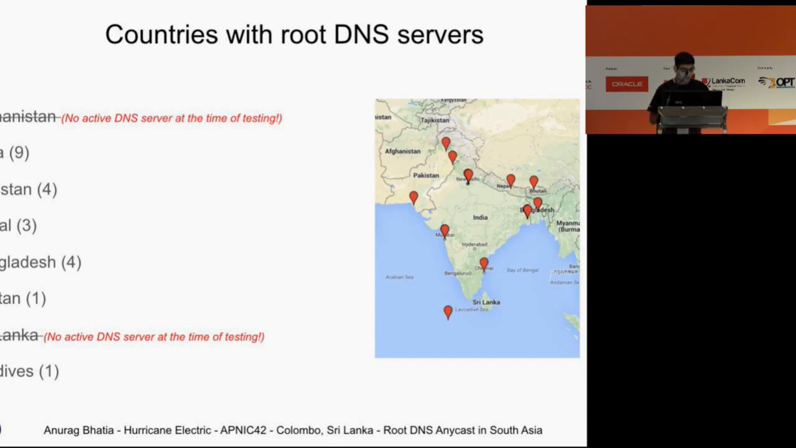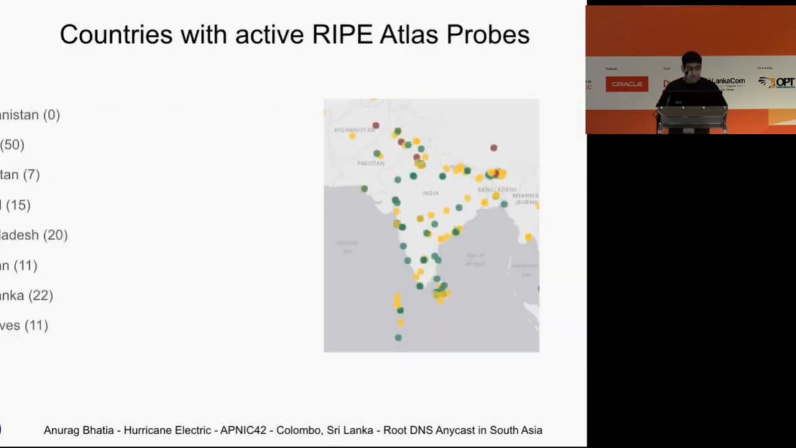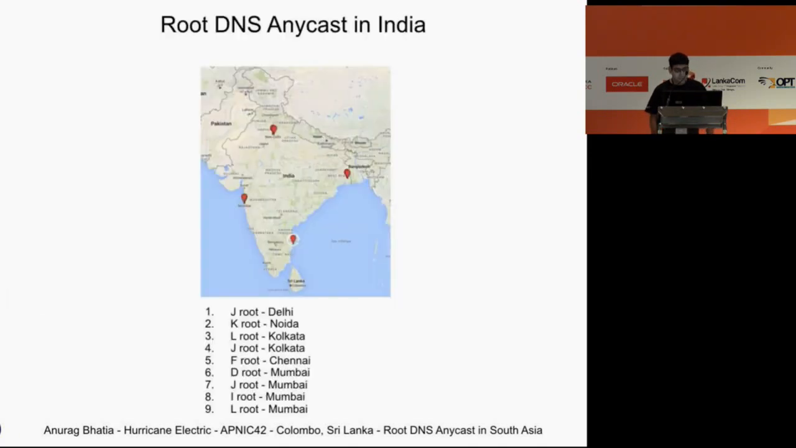In terms of RIPE Atlas probes, when this study was done, 0 probes were active in Afghanistan. In India, we got 50 probes, 7 in Pakistan, 15 in Nepal, and so on. So except for Afghanistan, in other places, we had enough probes to trigger the traces and ICMP and DNS queries to find more. Coming to our data for India, we have got J-root server in Delhi, K-root in Noida,